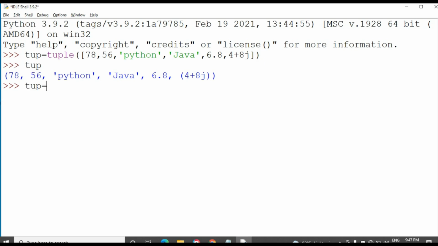Then I will take another example for a homogeneous tuple. Tuple is a keyword to create a tuple object, with tuple elements 6, 8, 5, 3, 70.